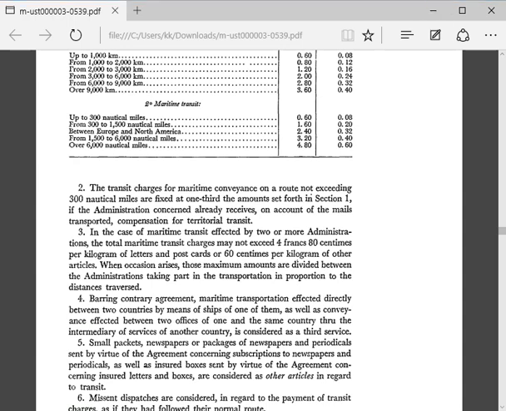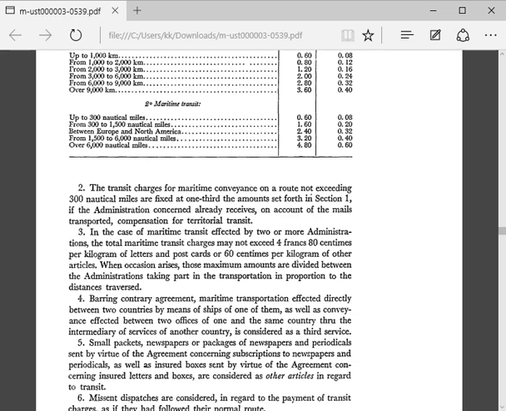The transit charges for maritime conveyance on a route not exceeding 300 nautical miles are fixed at 1/3 of the amounts set forth in Section 1. If the administration concerned already receives, on account of the mails transported, compensation for territorial transit. In the case of maritime transit effected by two or more administrations, the total maritime transit charges may not exceed 4 francs 87 per kilogram of letters and postcards, or 67 per kilogram of other articles. When the occasion arises, those maximum amounts are divided between the administrations taking part in the transportation in proportion